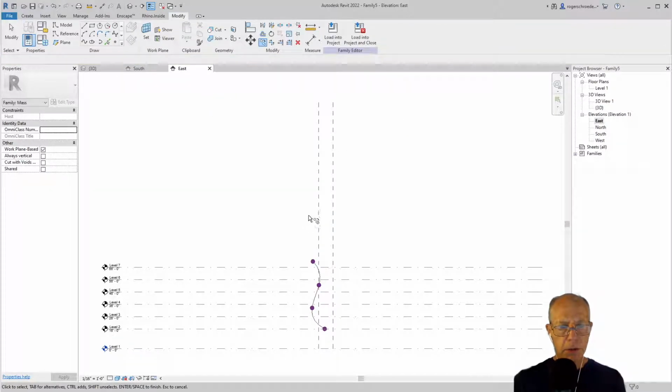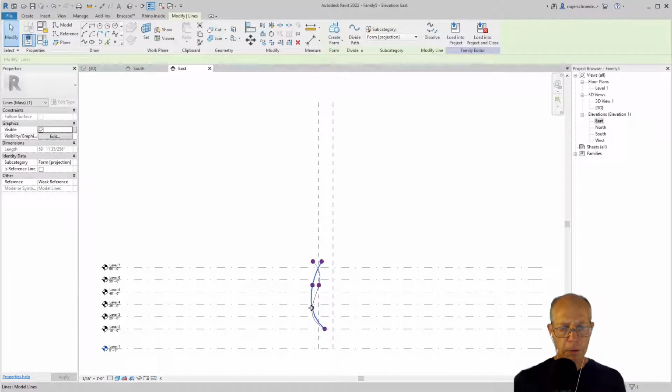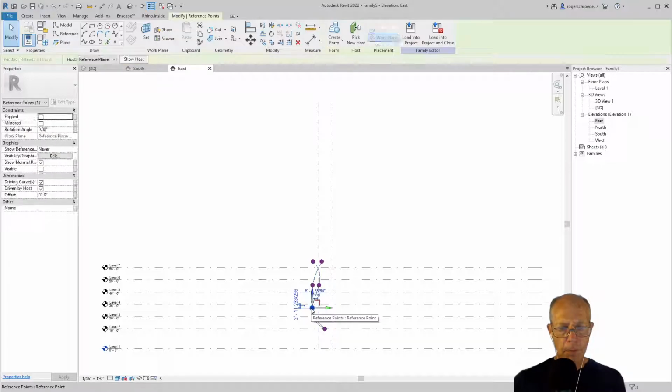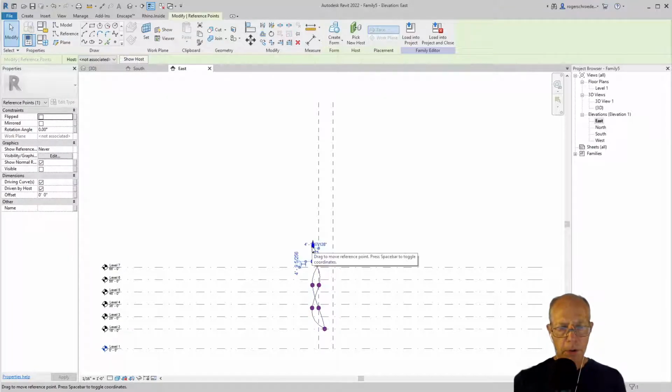And then we'll go back to this elevation, and it's still highlighted. So what we'll do is we'll make some modifications to the shape, just so we get some playfulness with the form. Maybe we'll bring this one down a little bit. I'll go back to the 3D view,